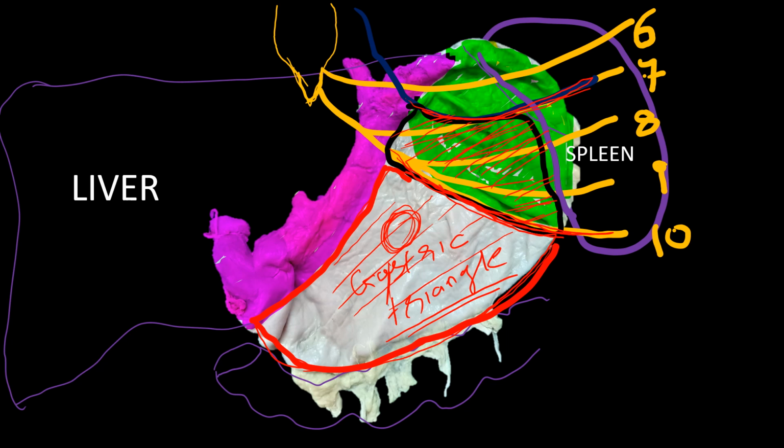That means the stomach is related with the costal cartilages, lung pleura and diaphragm in this much area. Above this level, there will be the left lung. Below this level, there will be no lung, only lung pleura. So if we make a boundary of this area, between the inferior border of the left lung,